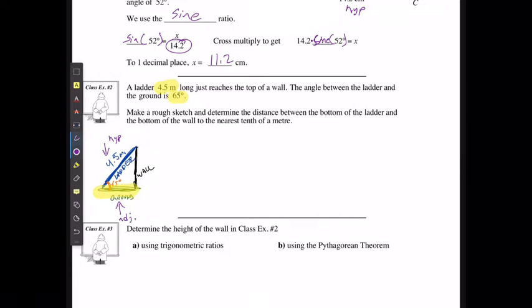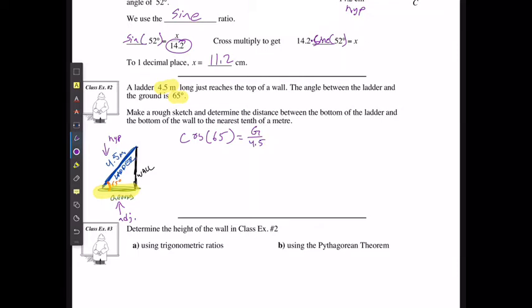The only one that has adjacent and hypotenuse is going to be cosine. So I'm going to state in this case that cos of 65 degrees is going to equal, well, let's call this distance along the ground g divided by my hypotenuse